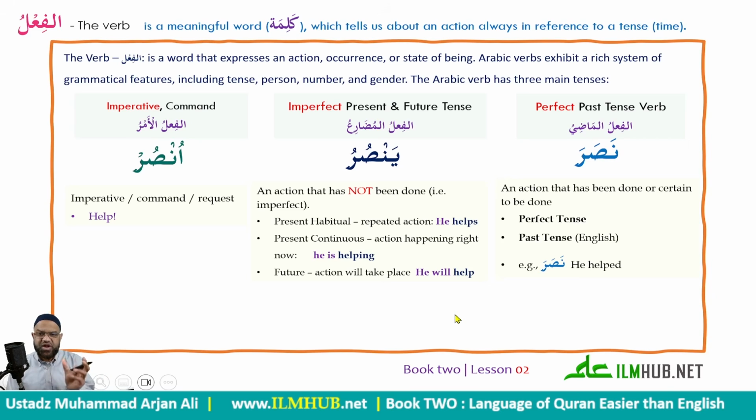These are the three primary categories in terms of conjugation, as well as in formation of the three main categories of verbs. Of course, I mentioned in the introduction, there is the passive, there is the active, there's also the prohibition, etc. But they usually are a derivation of these. So if you get these three, you've got the major parts, inshallah ta'ala. So again, there are only three categories as far as tense is concerned: Al-Madi, the perfect; Al-Mudari, the imperfect; and also the imperative. We are going to begin our study by looking at the perfect tense verb.